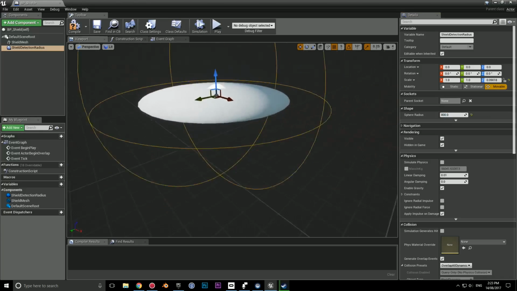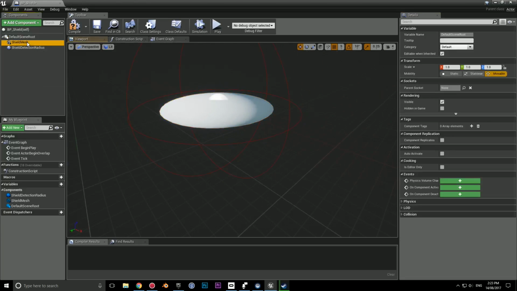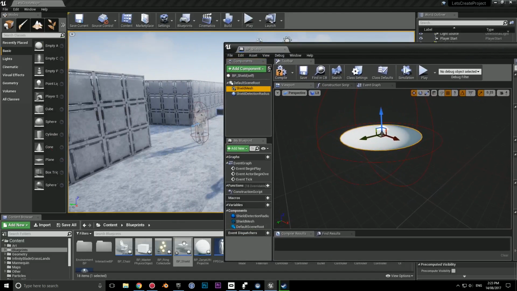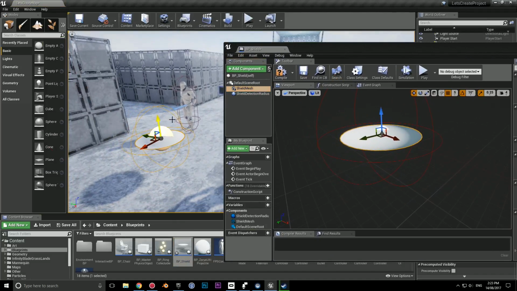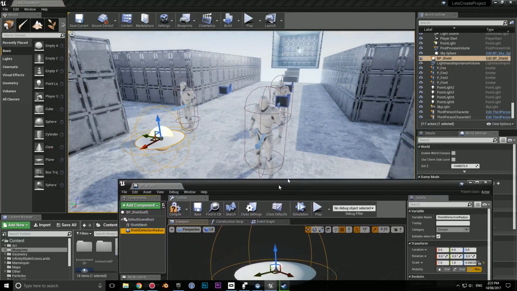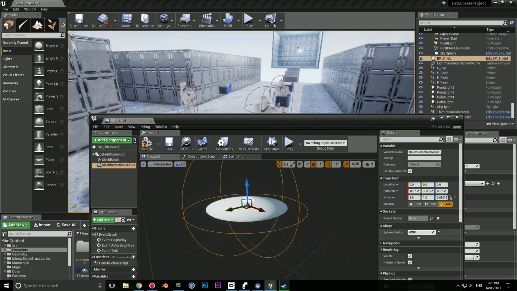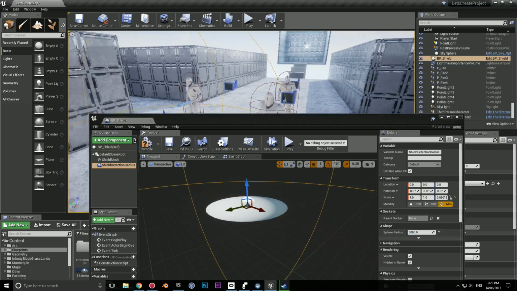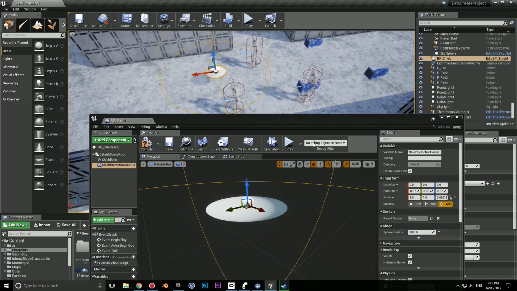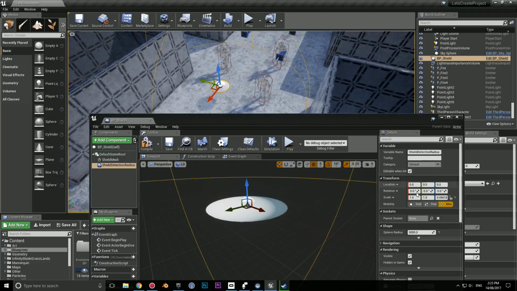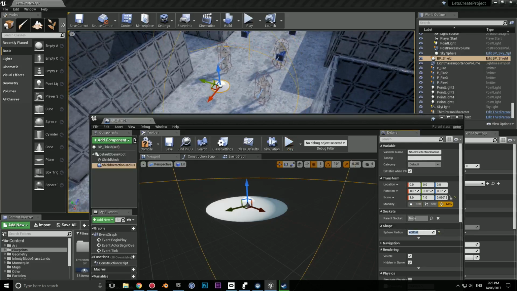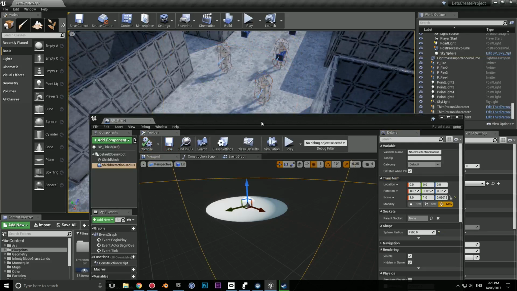So when the shield, and I believe the shield scale is a bit too big, let's see. Oh no, that should be fine. Let's increase the radius by, let's try 3000, 5000, and that will work really nicely. Maybe 4500, that's better. Okay, and I'm just going to delete this out of the scene and go back to